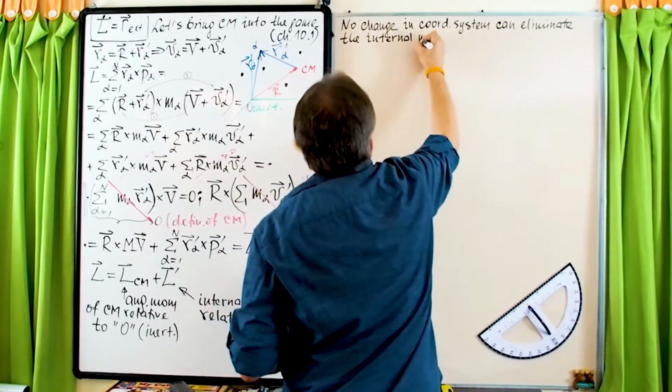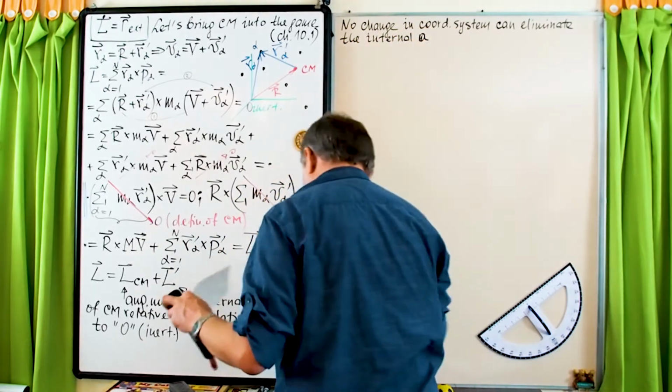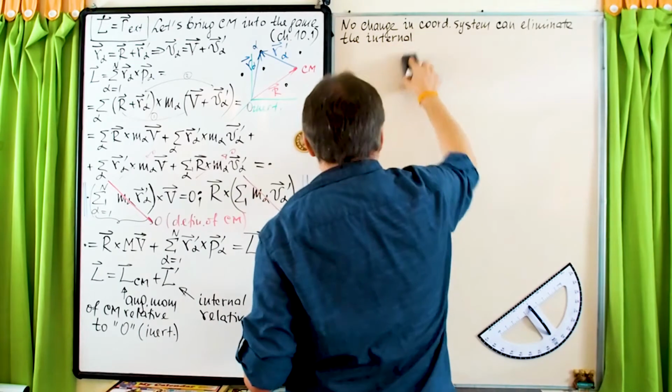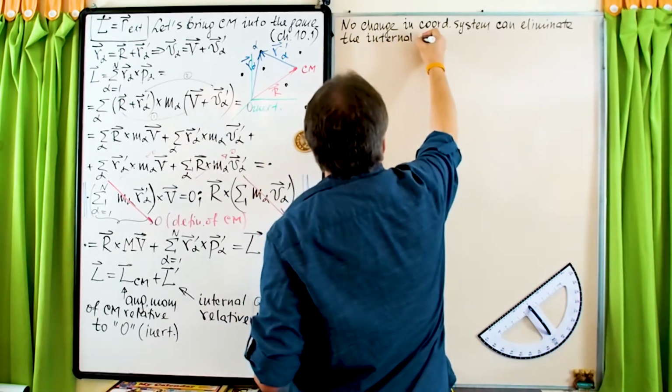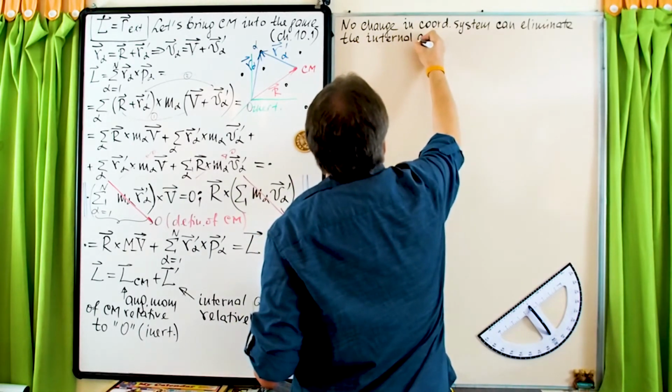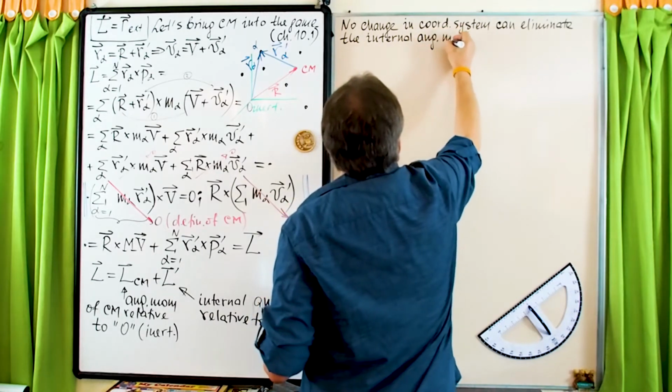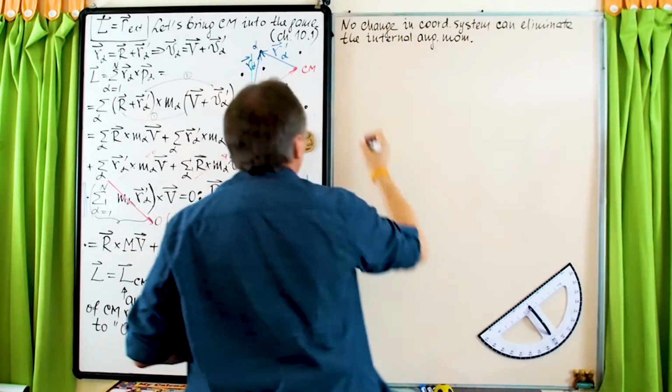Of course, as I said, unless you change the system. But we assume that the system is given, and in the most general case, the internal angular momentum is not zero. The internal angular momentum. So,